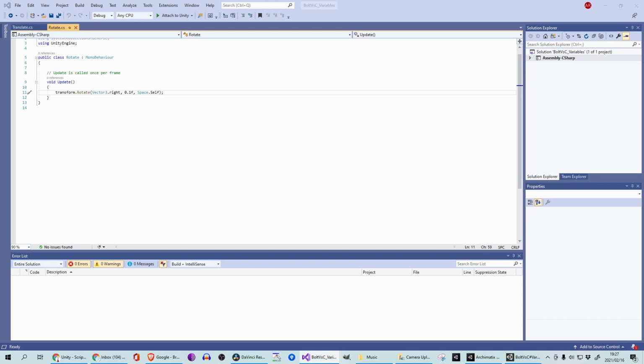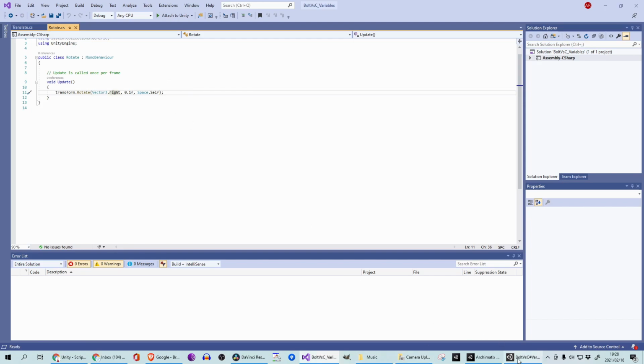Actually, before I go, let's have a look here. So C#, this is not exactly the prettiest thing to look at. I've been looking at this forever and ever, but just trying to be objective here. Transform.Rotate(Vector3.right * 0.1f, Space.Self). If you're not used to this, it can be a bit difficult to follow,